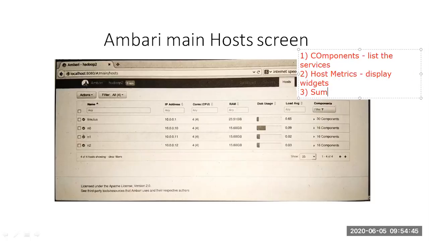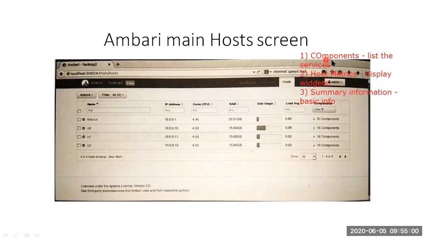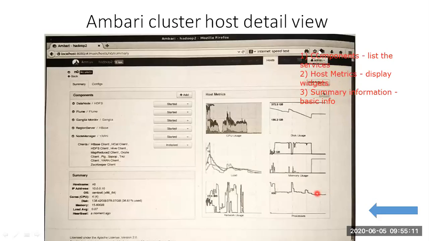And third one is summary information, which provides all the basic information about the application. So the host view has three components: first is components, second host metrics, third summary information. This is the role of the host view in Apache Ambari Hadoop.